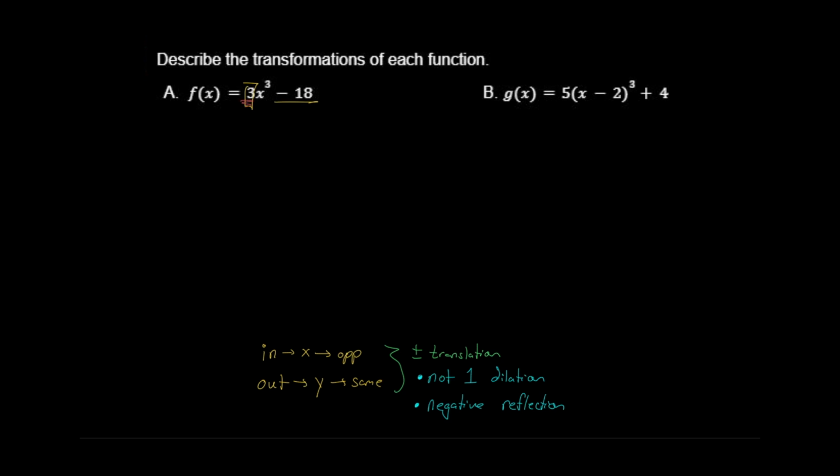That means we are dilating. In this case, since it's a number bigger than 1, it is a stretch. If you want to be more specific, it's going to be a vertical stretch, because it is outside parentheses, so it's going to affect the y values